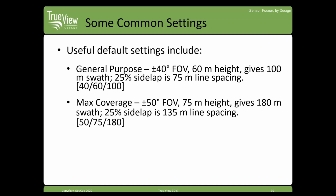So the next one, if you want to maximize your coverage, so getting a lot flown in a smaller amount of time, you'll have a little bit less points on the ground, but you'll get more covered at once. So we're going to open that field of view up to plus or minus 50 degrees, flying a bit higher, so we'll fly at our max effective range. And you may, of course, want to do some testing and fly a little bit higher than what I'm mentioning here,